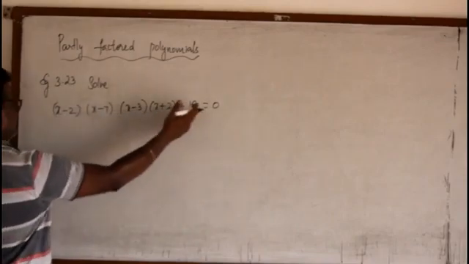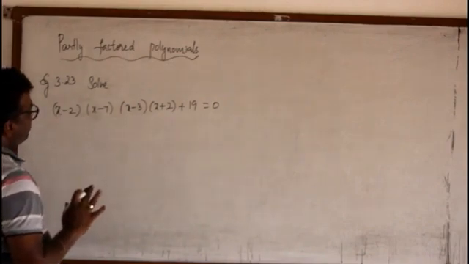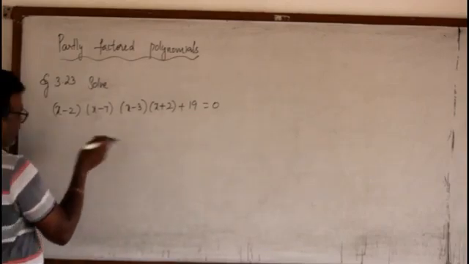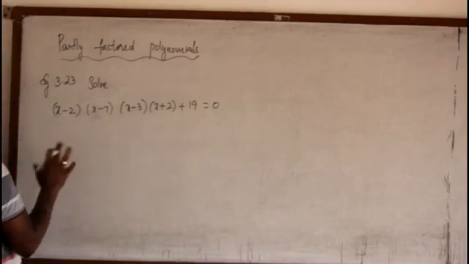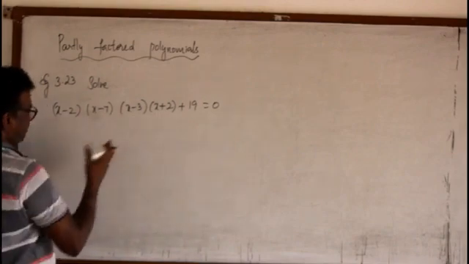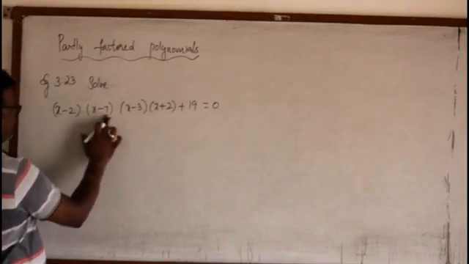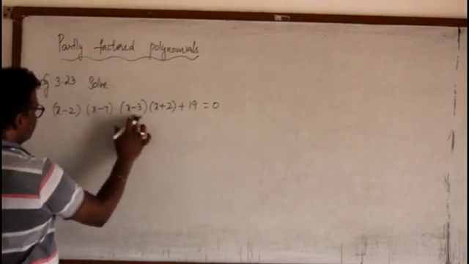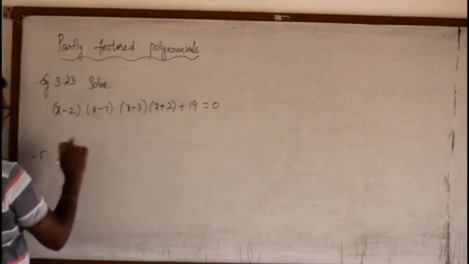Now, I cannot put each factor equal to 0 because of the plus 19. So I have to multiply these, but we are not going to do the actual multiplication. We are going to apply some term and then factor. That is, we shall look for some connection between the x terms or the constant terms. If I take the constants minus 2 and minus 7 and add them, it is minus 9. If I go for minus 2 and minus 3, it is minus 5. Minus 7 plus 2 also is minus 5.